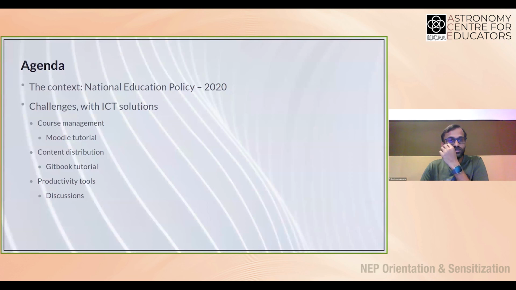What we're going to do today is talk a little bit about the context, and then talk more broadly about the tools of ICT as they pertain to the National Education Policy 2020 document. We will discuss some of the challenges that we face and some of the ICT solutions that can help us with those challenges. Particularly as a tool, I'll focus on Moodle, which is a great course management tool, and many of you might have already adopted it in your colleges and universities.